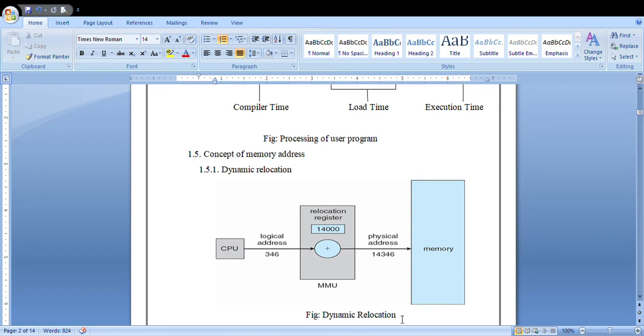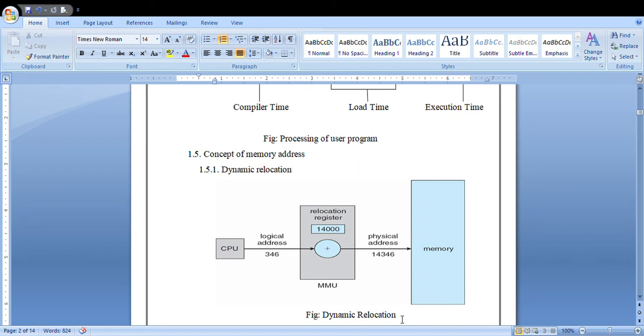Dynamic relocation means there is no fixed rule or particular algorithm saying it has to store in a consecutive manner, for each and every process. If one process is stored at one physical address, it is not a rule that the next process coming from the CPU has to be stored at the next physical address.